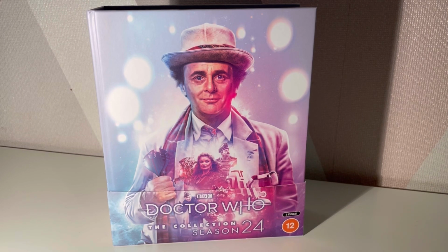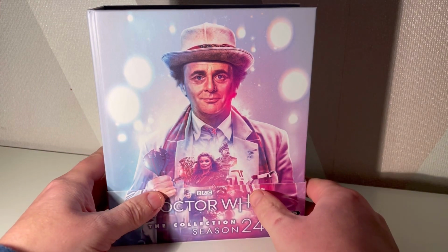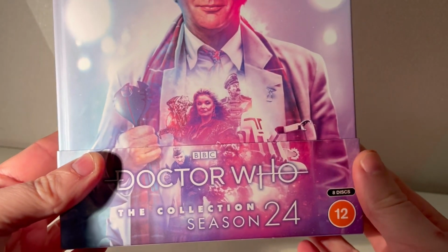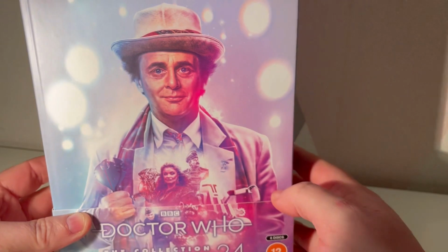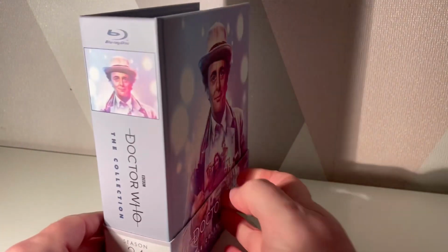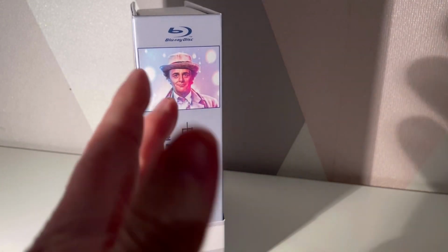Season 24. And as always, the cover looks absolutely beautiful. We have this J card currently around connecting there quite nicely. So if I bring that in a bit simpler there, and on the top, the usual stuff on the top. And around the side, got this beautiful picture here, which I think is the sort of thing that sells